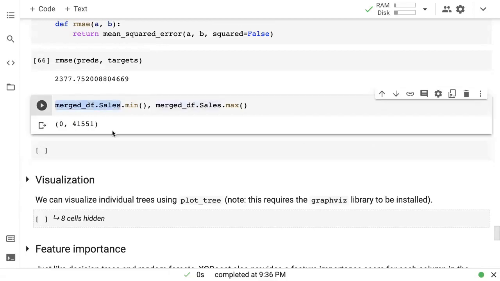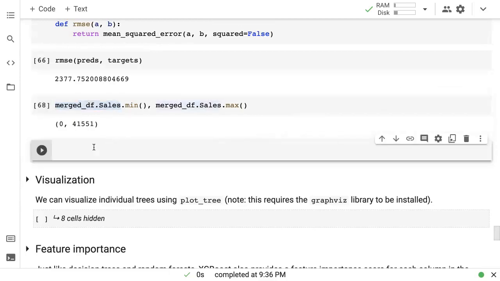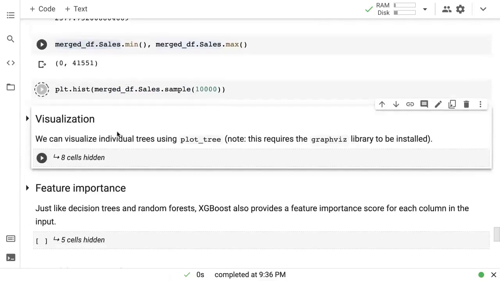You know what, maybe let's also look at a histogram. Let's do plt.hist merged tf.sales. I'm just going to pick a sample of maybe 10,000 rows just to get a sense.